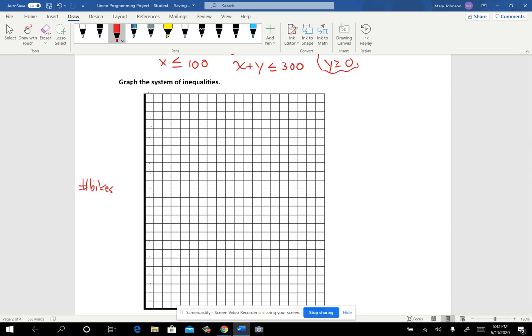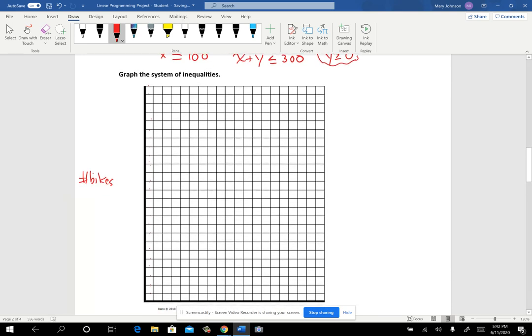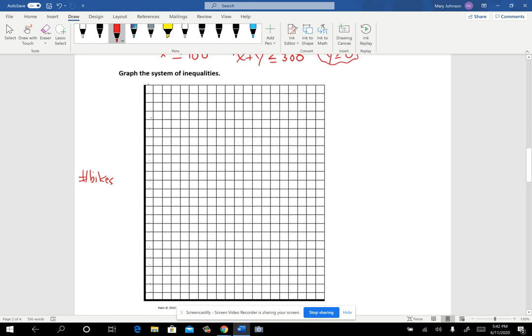Can't quite easily get to the 300s. I'm not sure I really need to get that far. Let's try it without. If we need to, I'll just extend it. Let me go ahead and just let each of these be 10. So 10, 20, 30, 40, 50, 60, 70, 80, 90, 100,